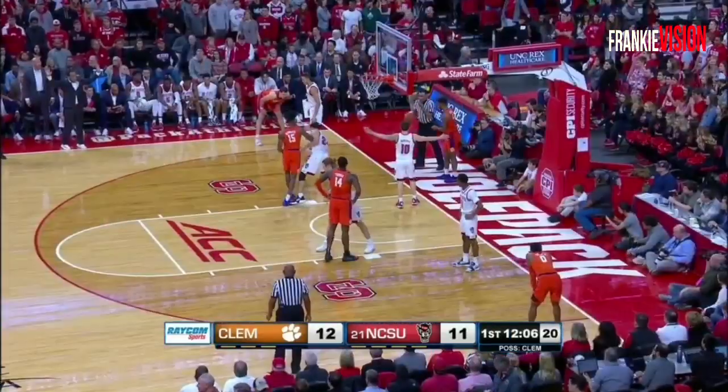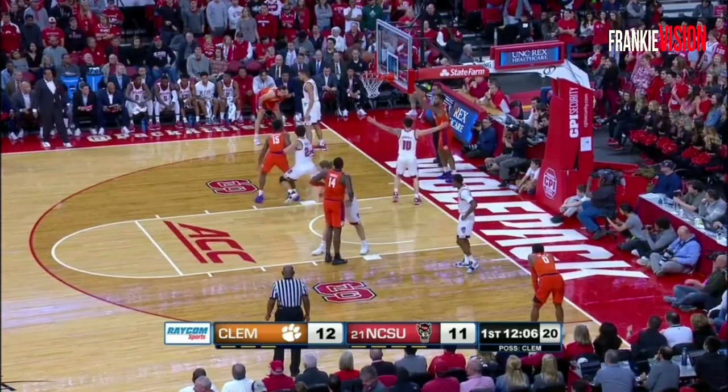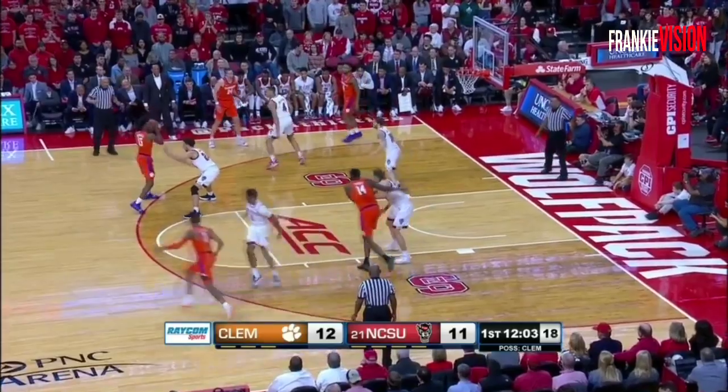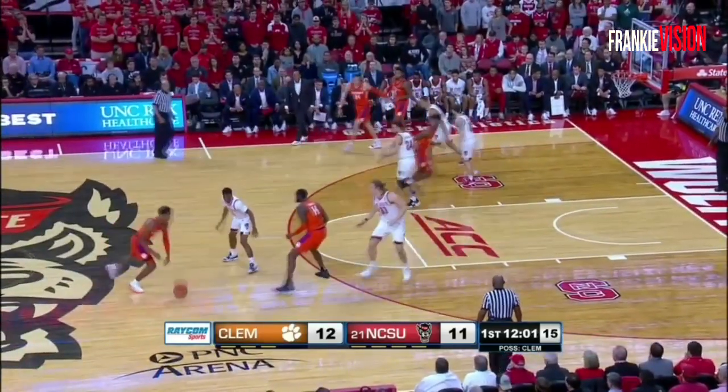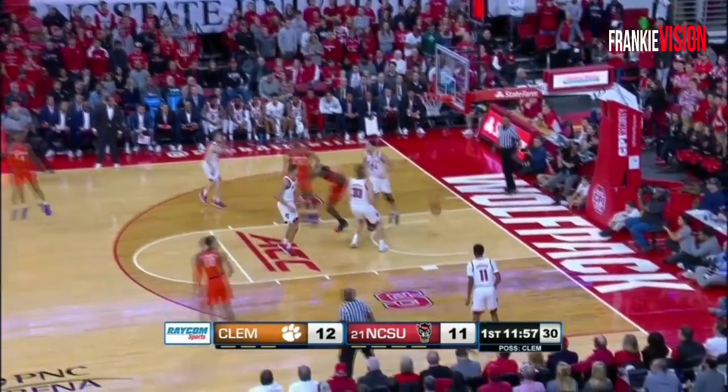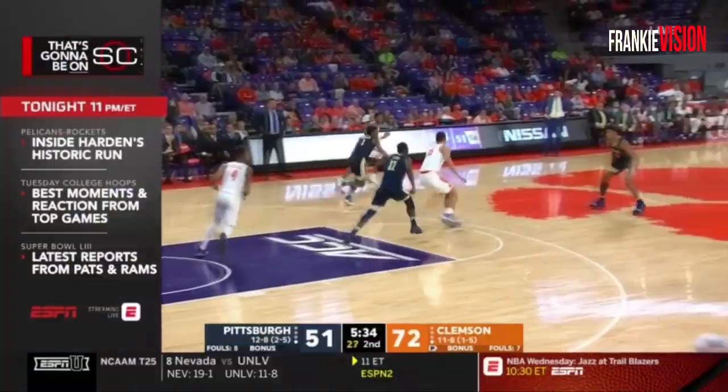It reminds me how important and impressed I am with Clemson right now. They're being able to control tempo. They're doing it in multiple ways. Players, all of them are handling the ball, and there's Clyde Trapp